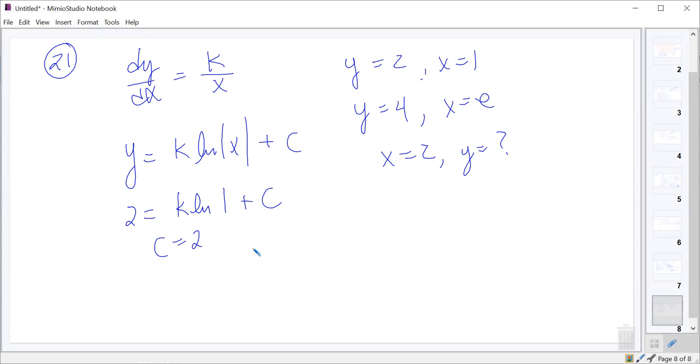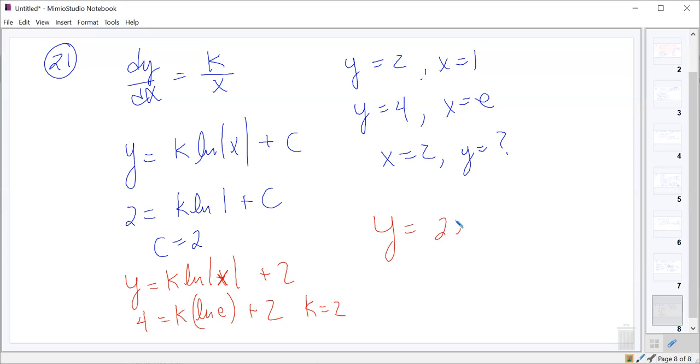So now you've got y equals k natural log absolute value x plus 2. And then we can use the other one: when x is e, y is 4. So 4 equals k times natural log of e, which is 1, plus 2. And so if natural log of e is 1, we would need k to be 2 also. So then we'd have y equals 2 ln absolute value x plus 2. And then when x is 2, what is y? Well, y would be 2 ln 2 plus 2,